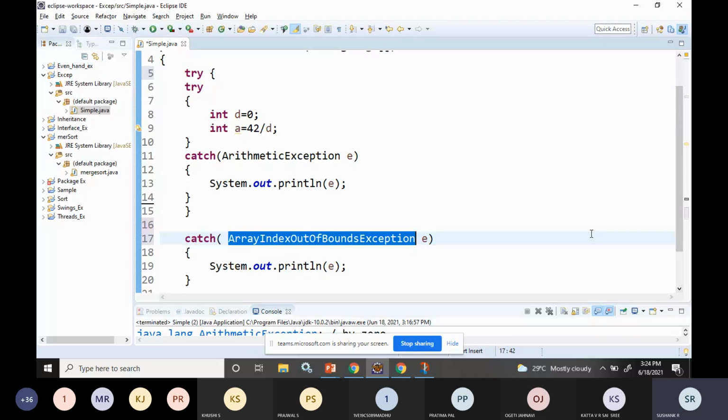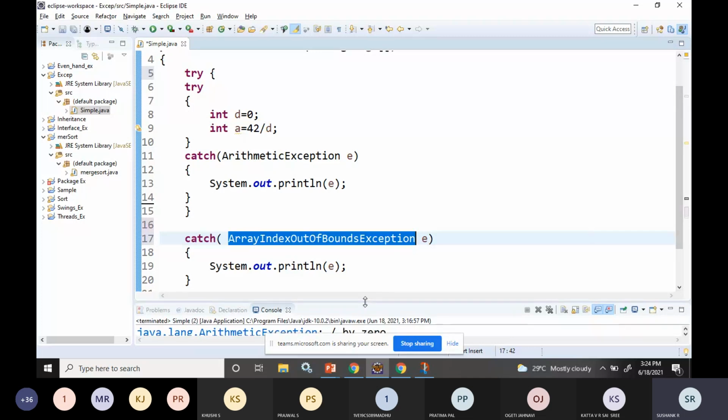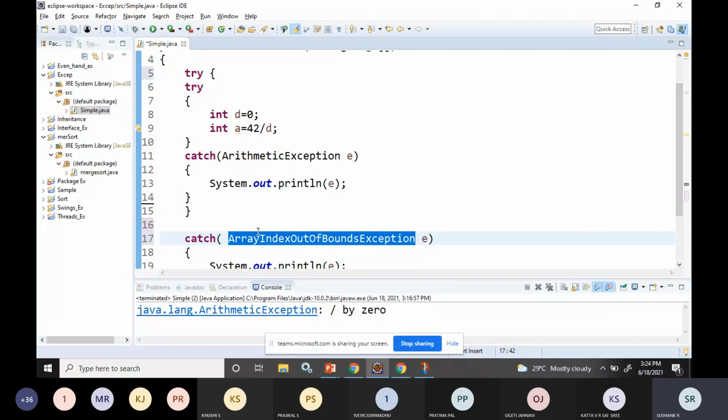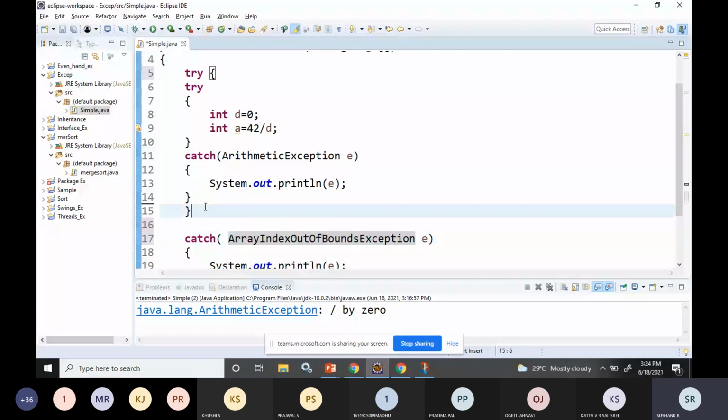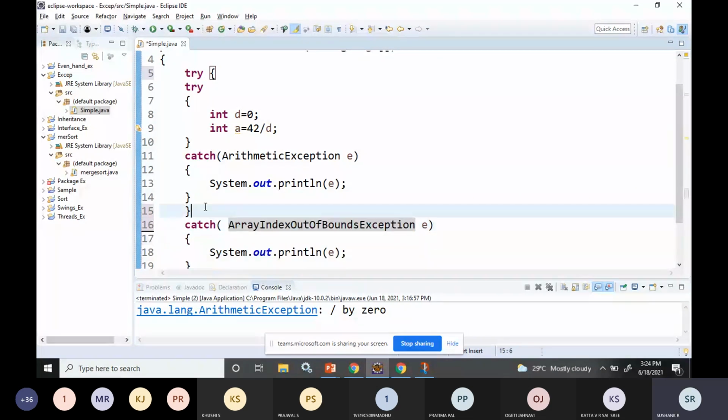So in case of this example, you can see that this is my try statement. To understand, I'll just modify this.